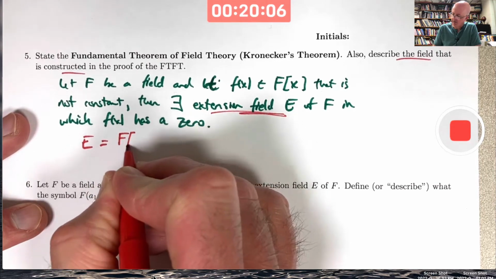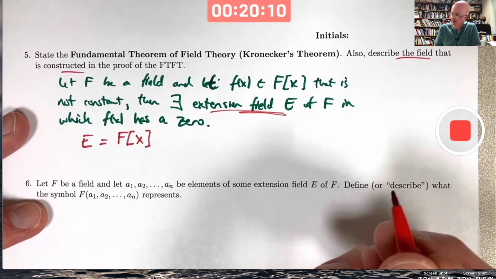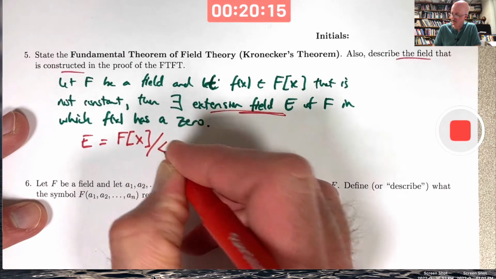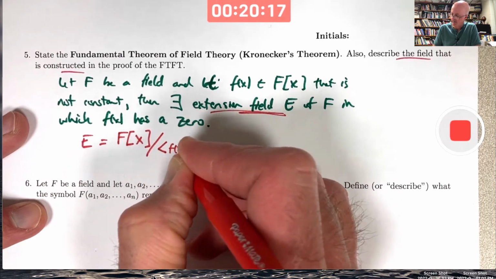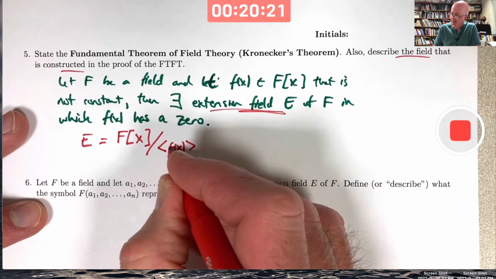And it's this quotient ring or factor ring. Take the ring of polynomials with coefficients from f and mod out by the principal ideal generated by little f of x. Excuse me, that's wrong. Little p of x